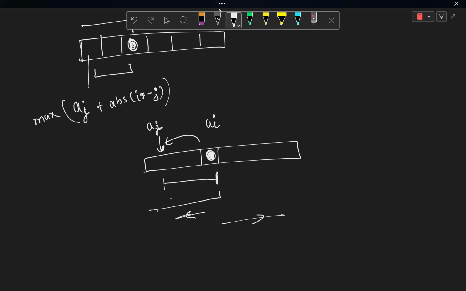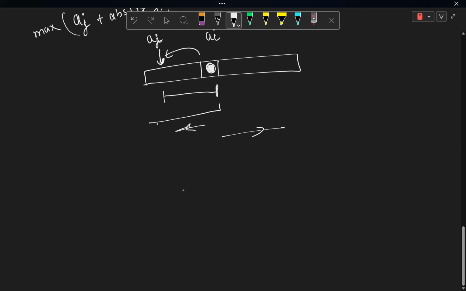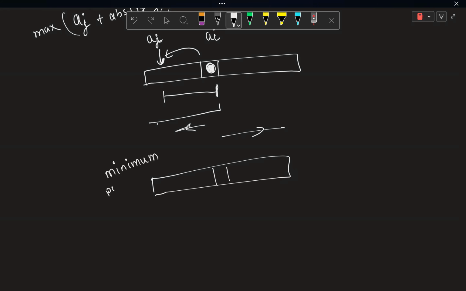And similarly, I can just store for the right side. And if I know about this part of finding out the max, like the minimum power I require to kill all monsters on the left,